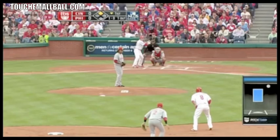The next thing I want to talk about, and we've already gone over this a little bit, is to keep your eyes on the pitcher for the inside move. If you're shuffling off, or if you decide to go on that look in the leg kick and he does an inside move, you need to keep your eyes on him, because believe me, even if you're a little ways off the base and you're going, if he does an inside move,